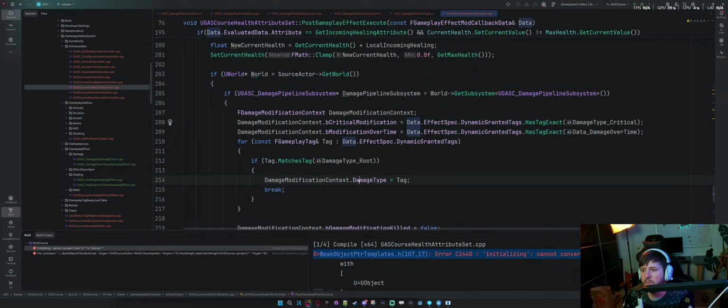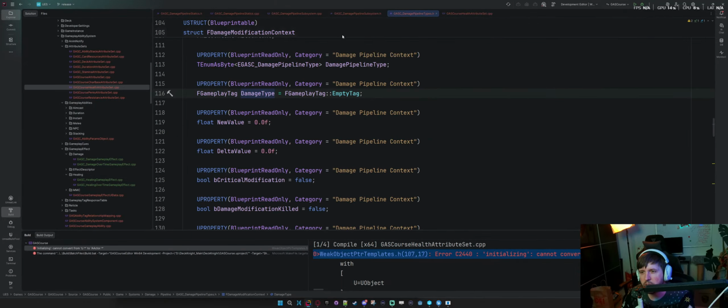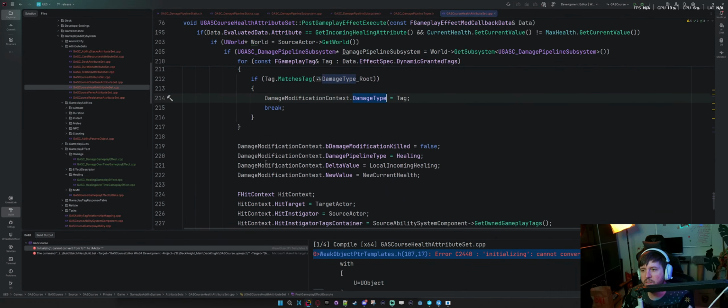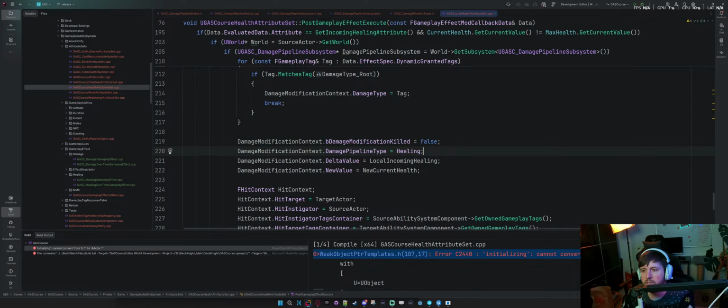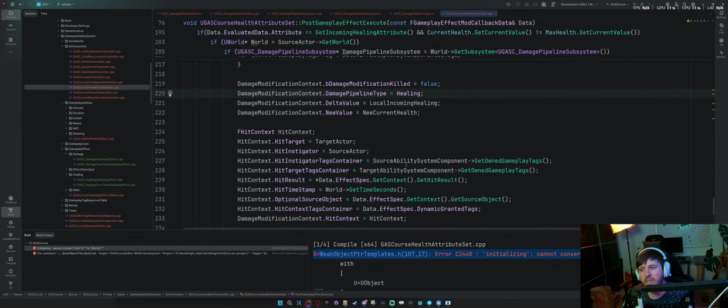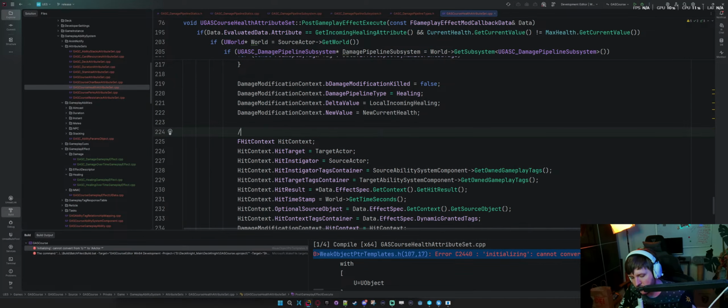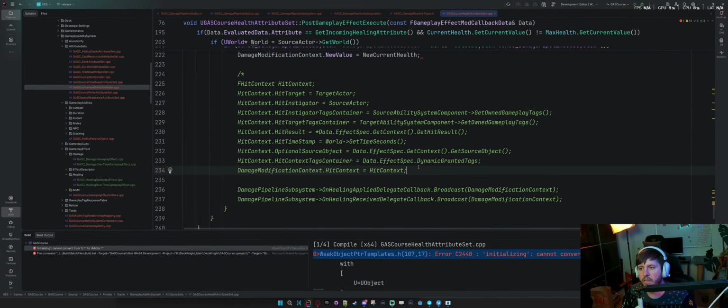Damage type is what? FGameplayTag, right? So seems fine. Doesn't seem like that's going to be it. This is Boolean, this is all health stuff. So to me, it's somewhere in this hit context section. Let's see if I'm right.